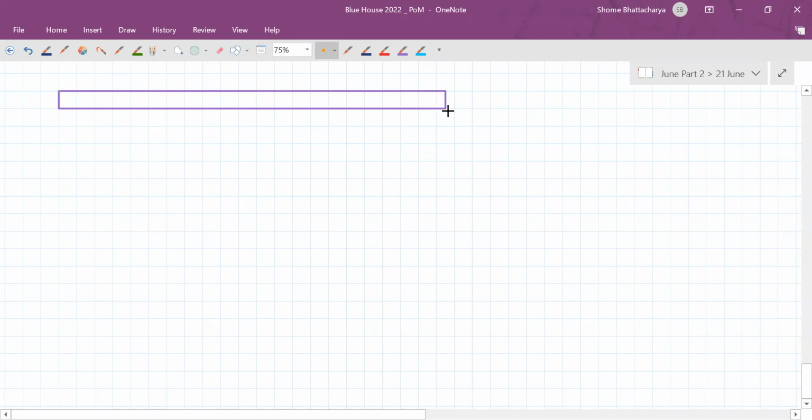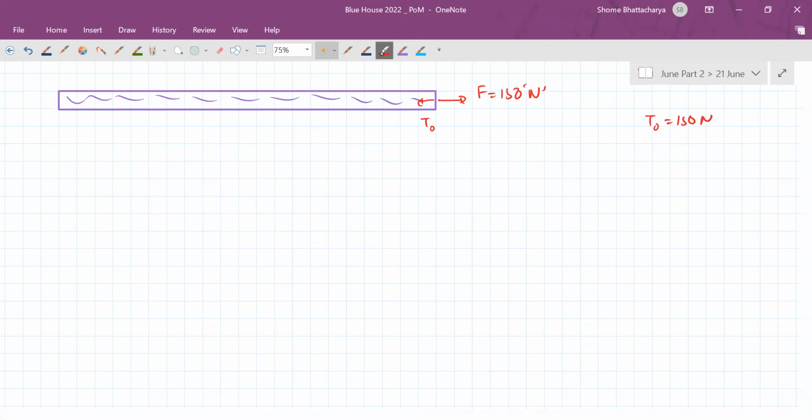Under the action of this stress, based on the calculation we've just done, the force from this side was 150 newtons. That is why the tension at this end, let's say T0, because that's our x equal to 0, was 150 newtons. But the reaction force acting from the attachment point at this end will balance the tension at this end, which is of length L. And we saw that that tension was 100 newtons. So that's how the tension is varying.